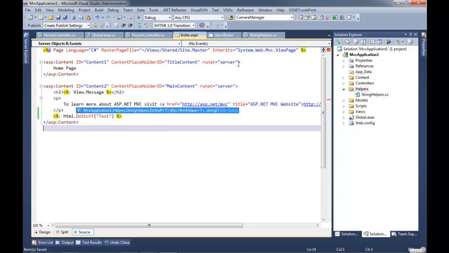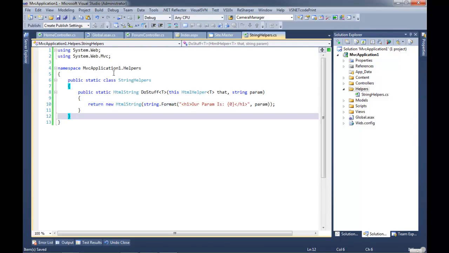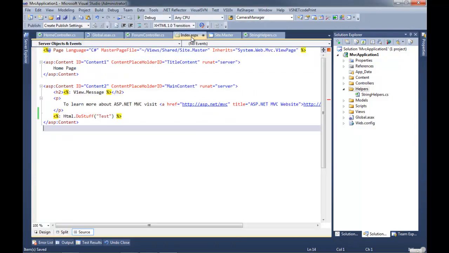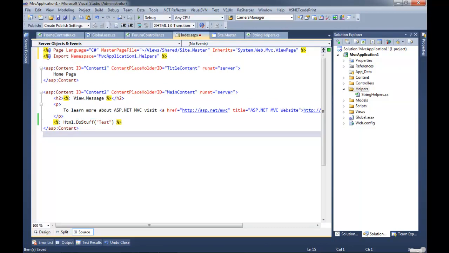Yeah. Okay. The problem is that this is an extension method. So whichever namespace this extension method is in has to be included in the generated output. And surprisingly enough, you have to include those parameters since you said they're not optional parameters. Yeah. And then we get import namespace helpers.